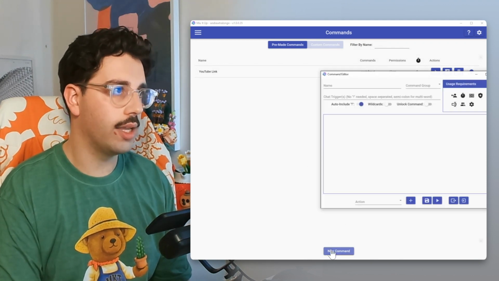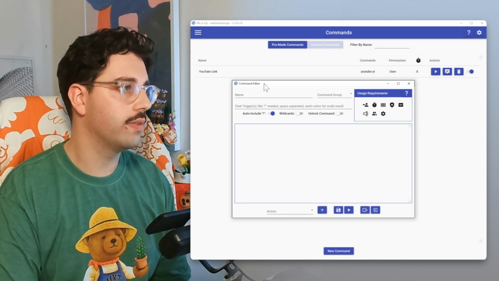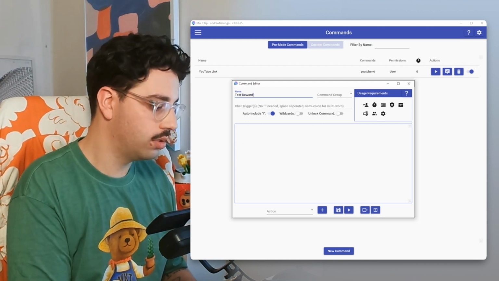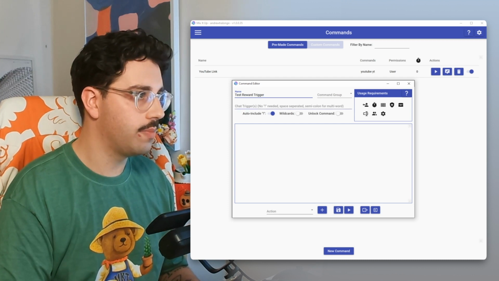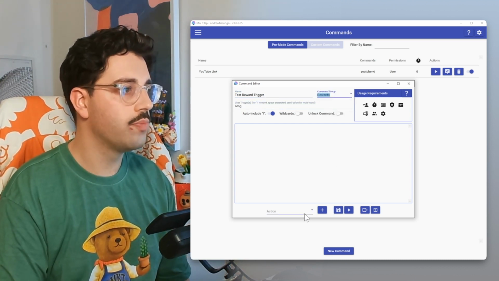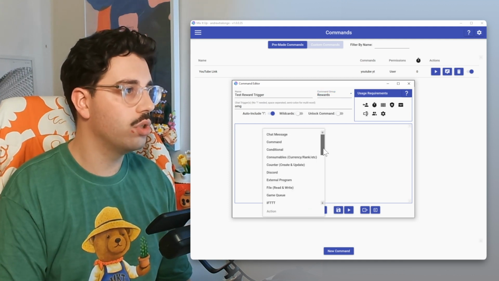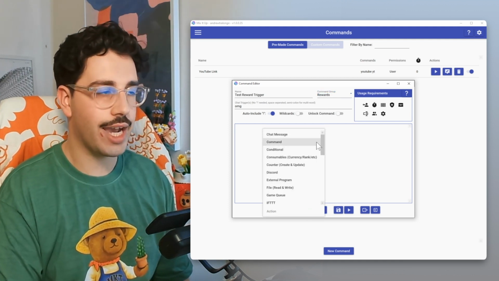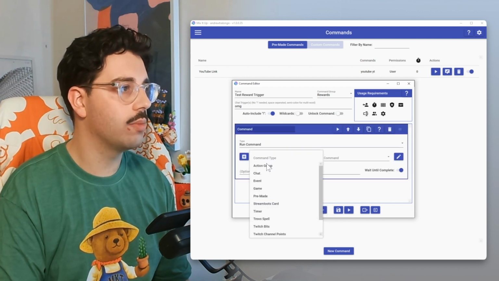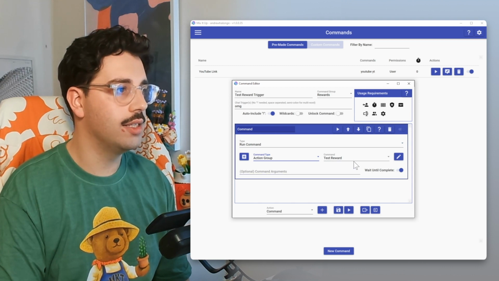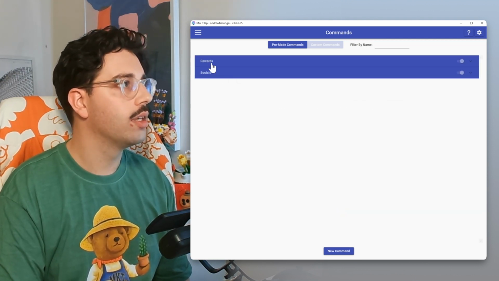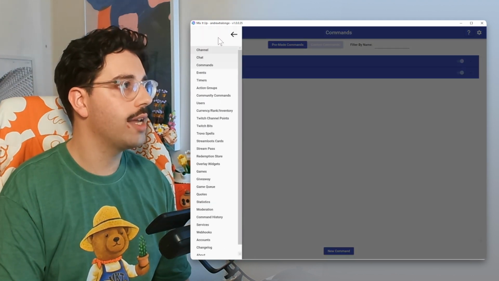Let's make a new command, if we move this over here, test reward. Let's make the trigger words, for example, OMG. We can put it in the group of rewards. Within our actions drop down, you select the command action. You add that in, and we're going to run a command within the command type of action group and the test reward command. So if we hit save, if we go back to our chat,